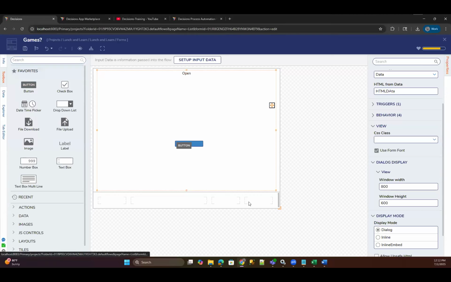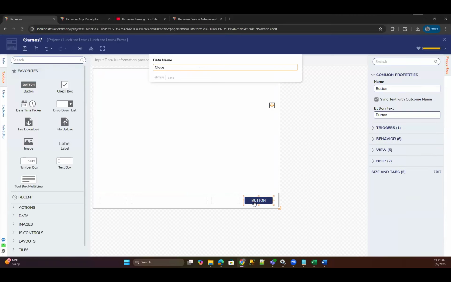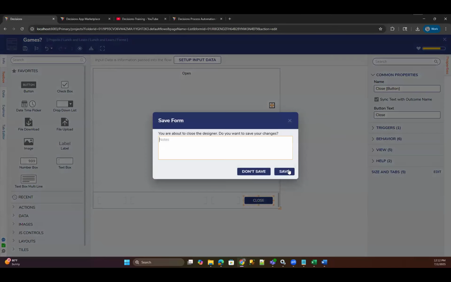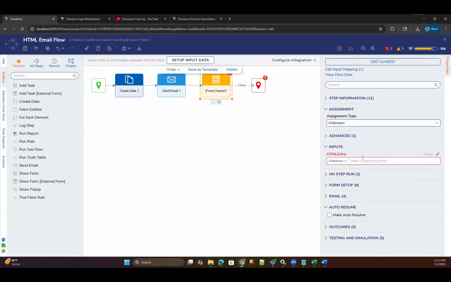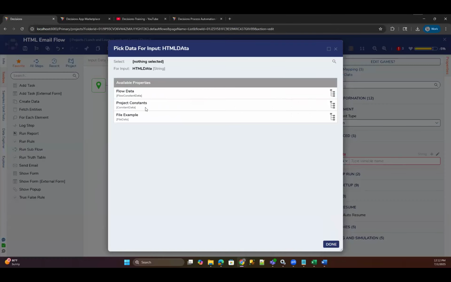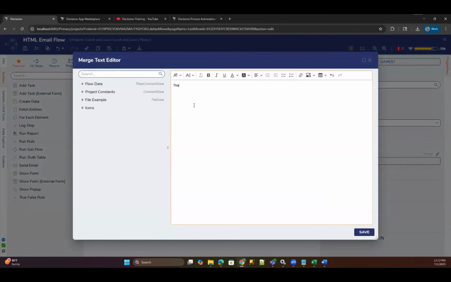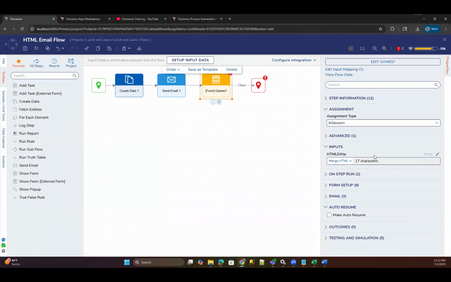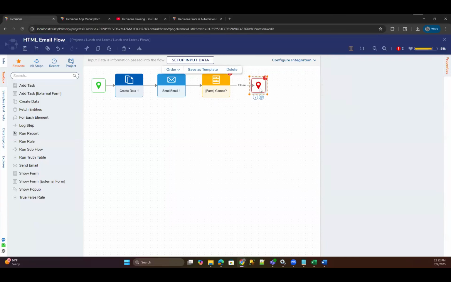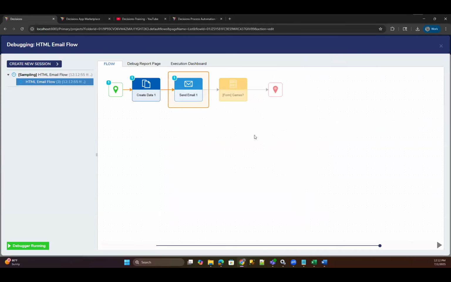Button. Switch to disconnected. Huh, okay. If that changed anything.